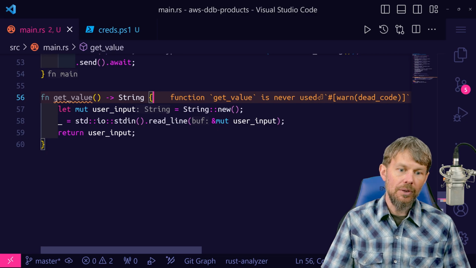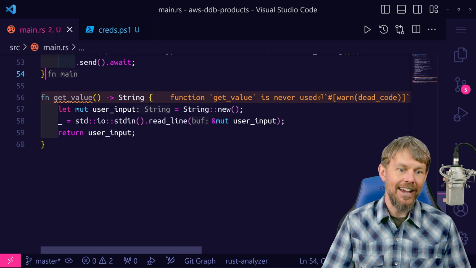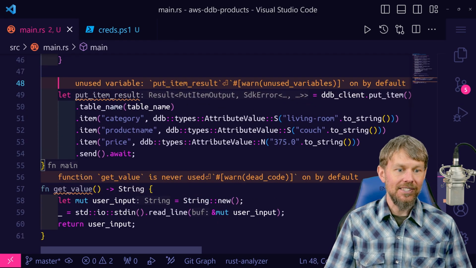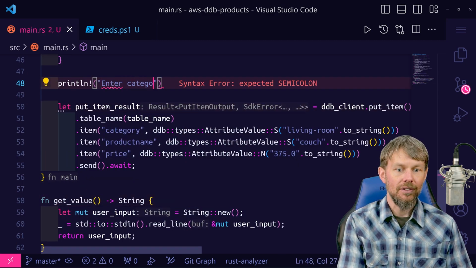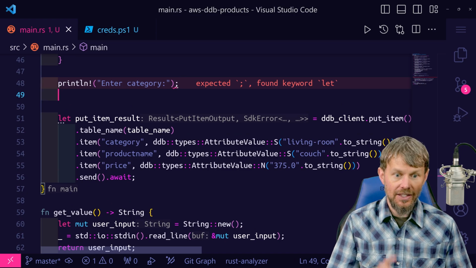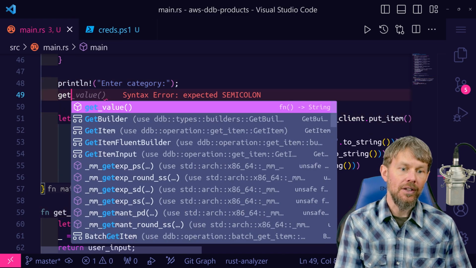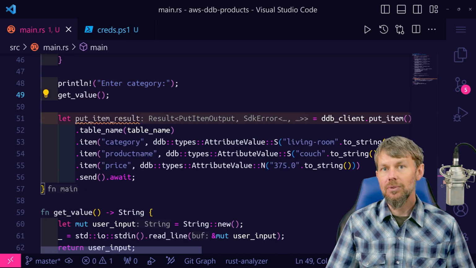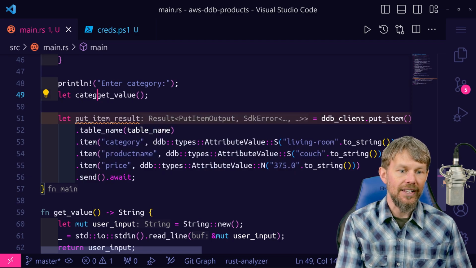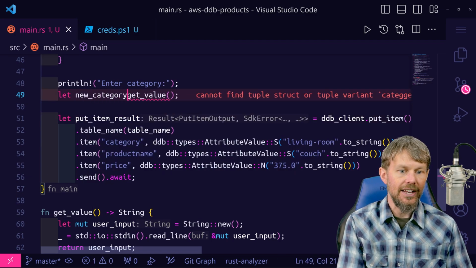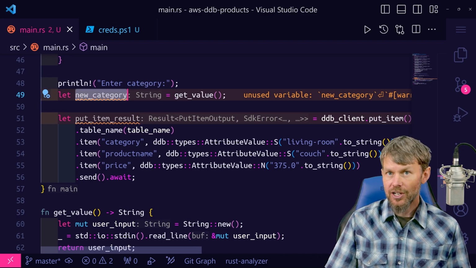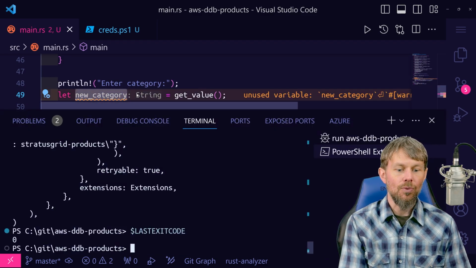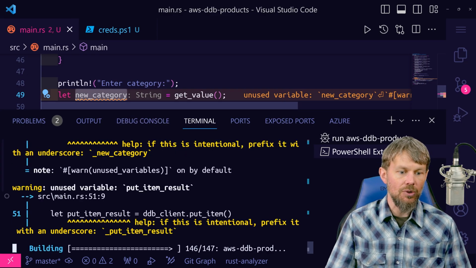All right, now one other thing that we need to do here is actually kind of interesting. So let's say that we do something like println enter category, right? And then after we do enter category, then we call the get_value function and say let new_category equal the result of get_value. So this should populate new_category with a string, right? Well, let's run this and see what happens. If we do cargo run